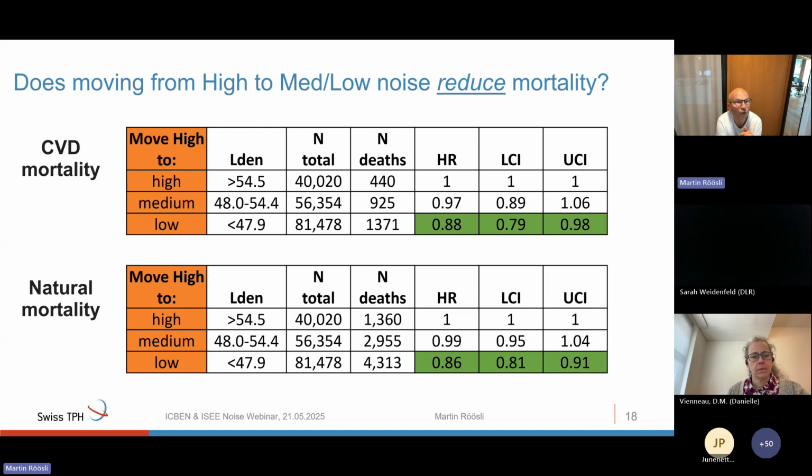This is now the results for those who move from high to medium or low noise areas. We defined high, medium, and low based on tercile, which is why we have a bit of an odd number in the second column. High is the reference. We don't see much of an association for CVD mortality for the medium, but we clearly see a significant reduction for those who moved from high to low,